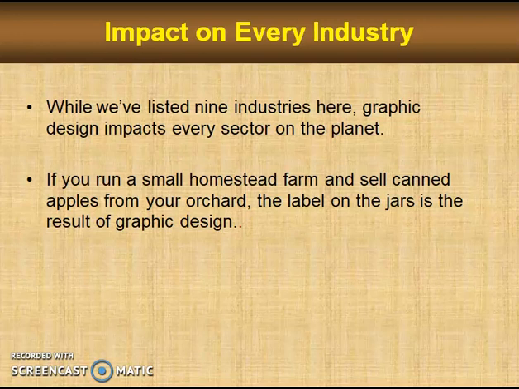Graphic design is an ever-evolving field. If you own a multi-million-dollar corporation and sell gadgets, the advertising you do and the product packaging is a result of graphic design. Without packaging,